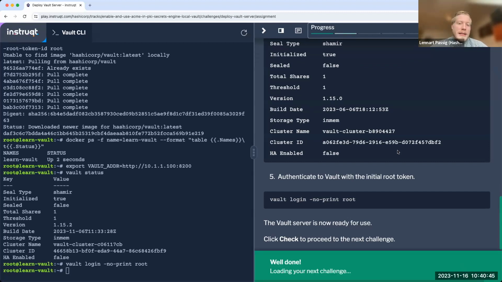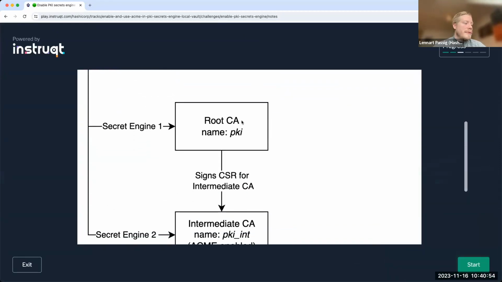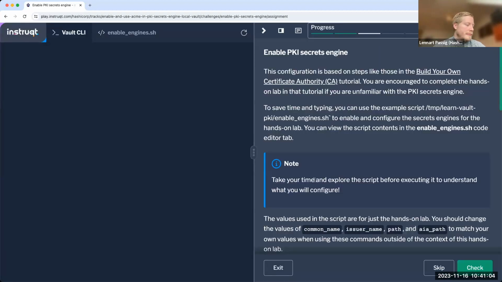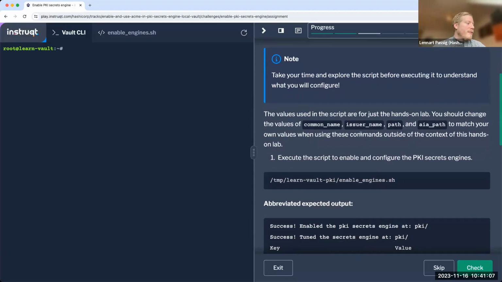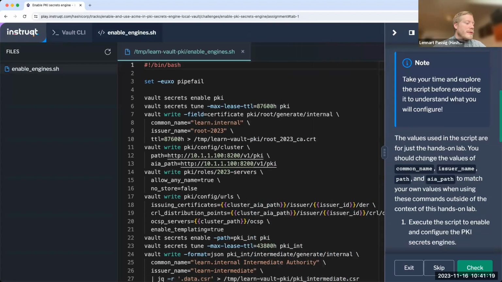So what is the next thing that we want to do? Well, Vault is done, the initial setup, but now let's configure the things that we've seen before, right? So we need to configure the root CA with the name PKI, and then the intermediate CA with PKI_int. For this piece, we can just execute this shell script and let it be, but let's jump into the shell script itself before we blatantly execute it, so that we can see what